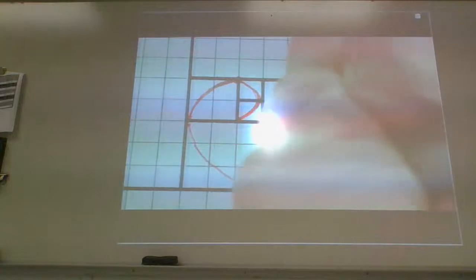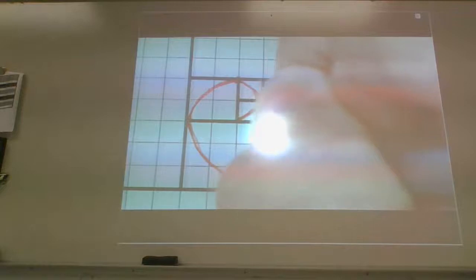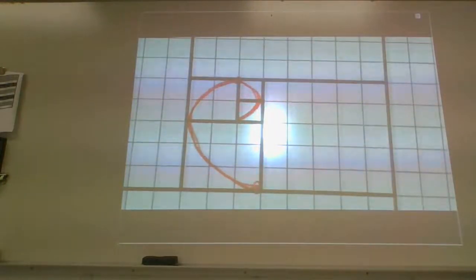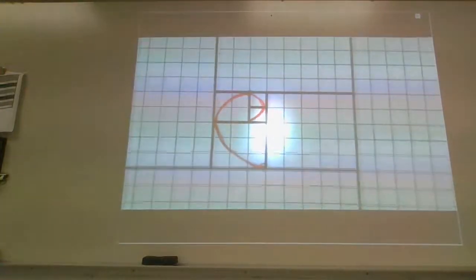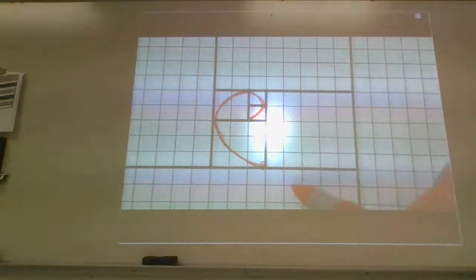But the circularness of it all is expanding, and it's expanding at a ratio of phi, because the squares that we're making up here are made up of Fibonacci numbers. We started with a 1x1 and a 1x1. Then it went through a 2x2. Now we just went through a 3x3. And now we're about to go through a 5x5.